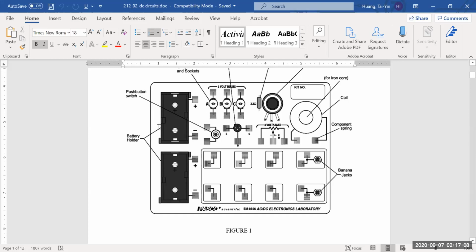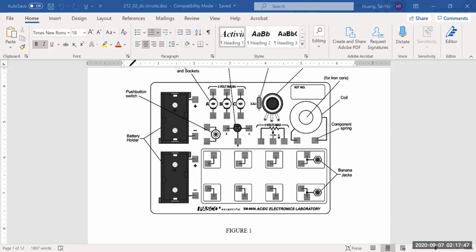So these two are the battery holder. Either you use a battery to power the circuit or you connect it to a power supply. And on here, you can see what we call the springs. These two springs are connected to each other, and these two springs are connected to each other. So each unit is separate from each other. In order to connect from one unit to another, you need a wire lead